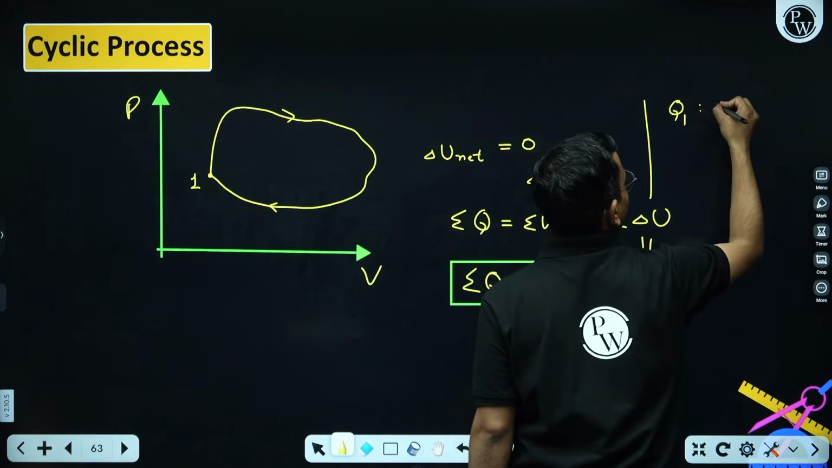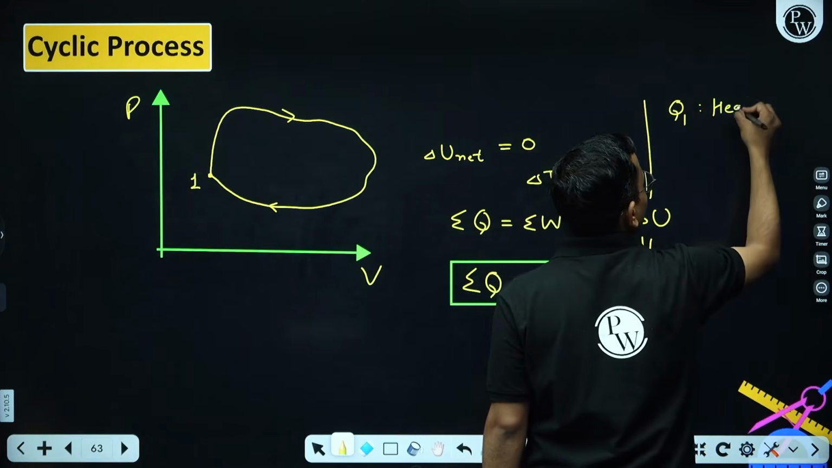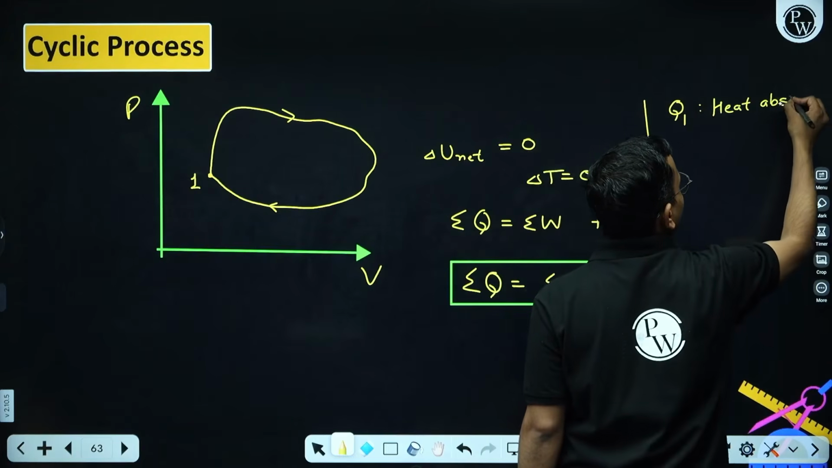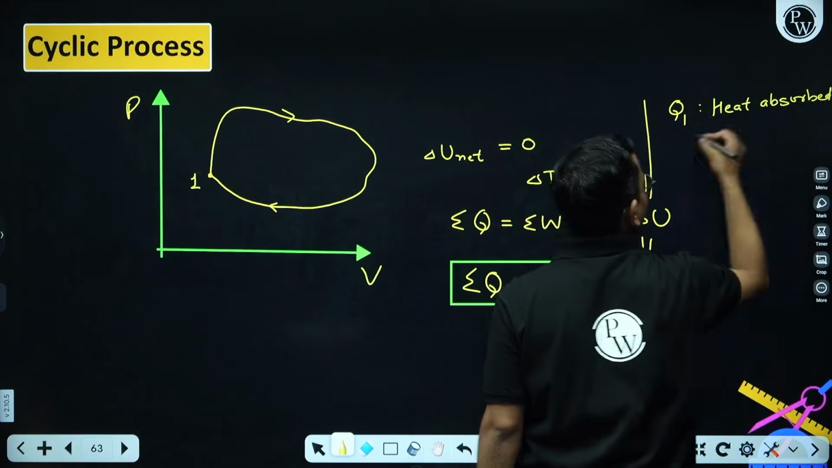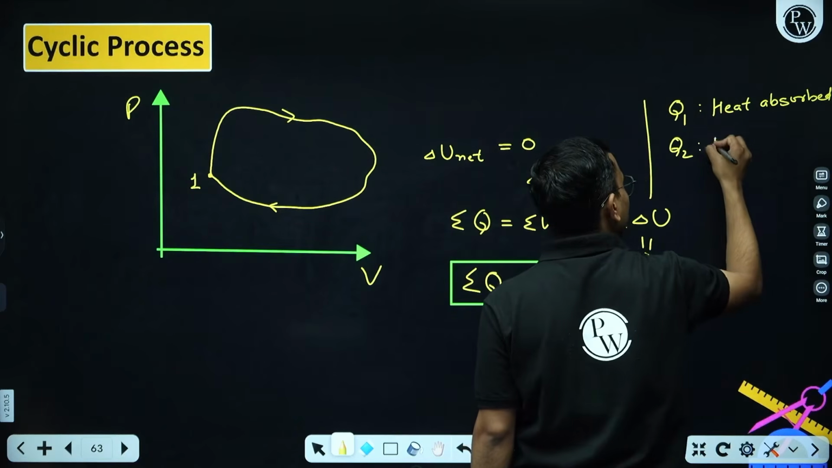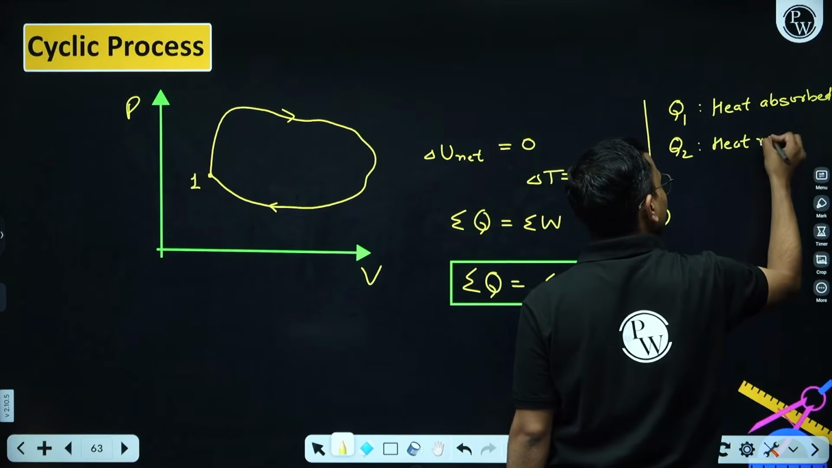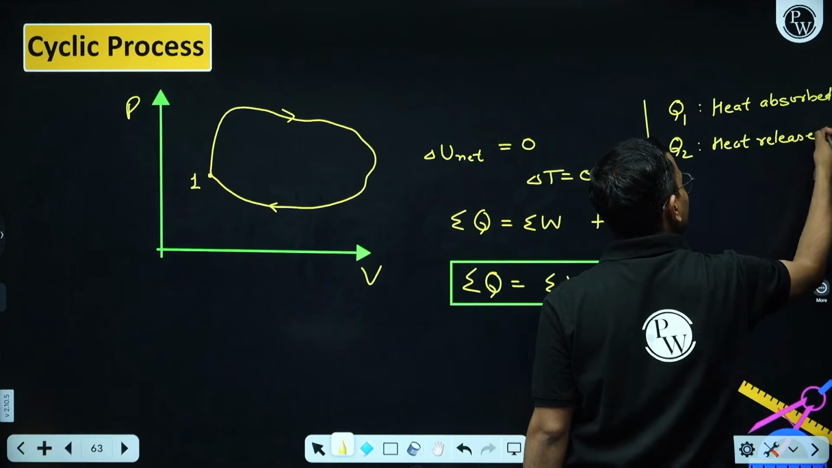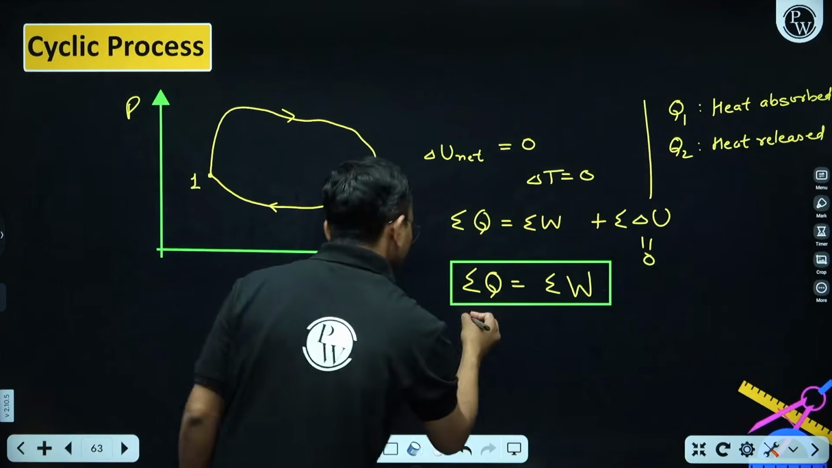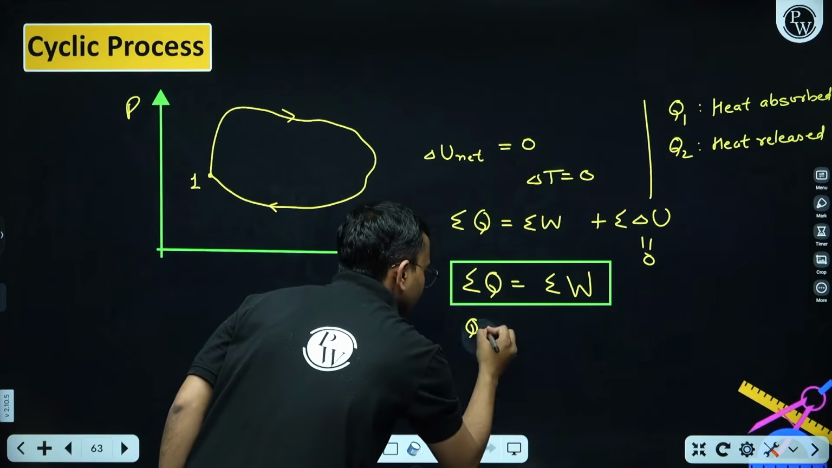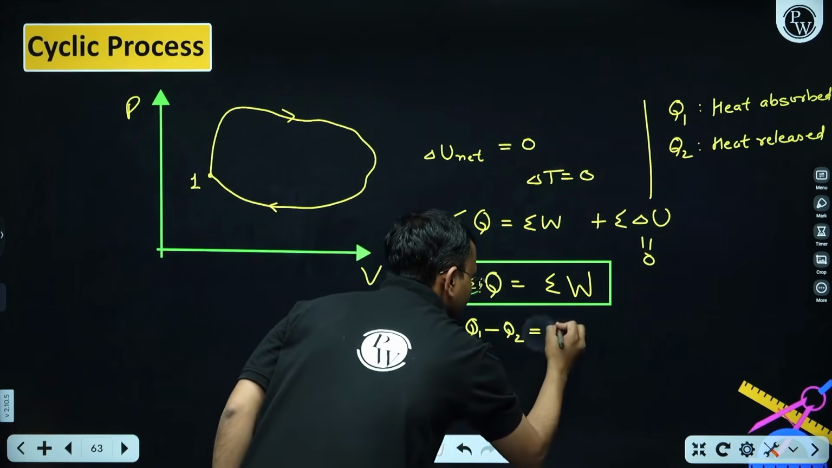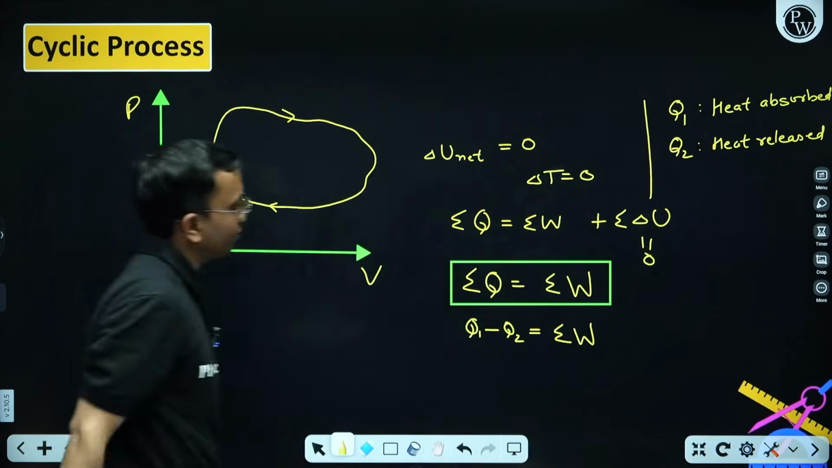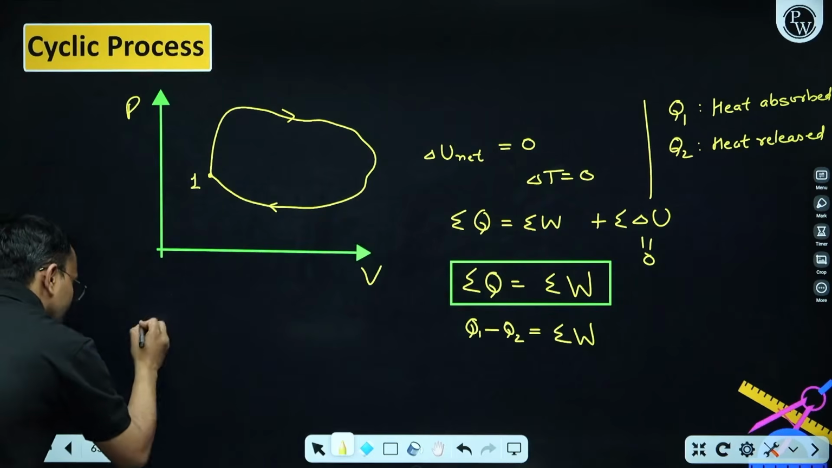heat absorbed, and Q2 is the amount of heat released. So my total Q is basically Q1 minus Q2, and this is equal to the total work done in the process. And if I ask what is the efficiency,